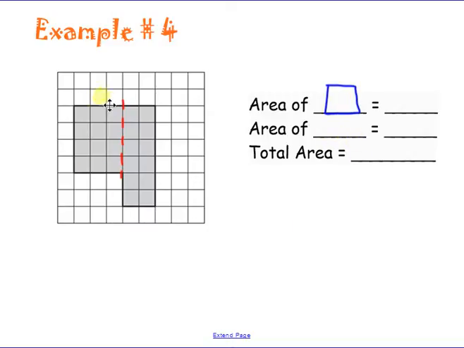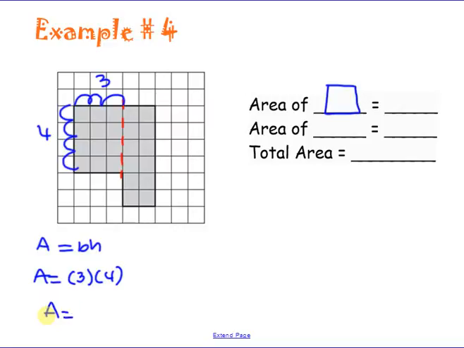Okay? So my thicker rectangle has a base of 1, 2, 3, and a height of 1, 2, 3, 4. So area equals base times height. Area equals 3 times 4. Area equals 12. So that's going to be 12 units squared. Now I'm going to work with this rectangle. So this rectangle has a base of 2, and it has a height of 1, 2, 3, 4,